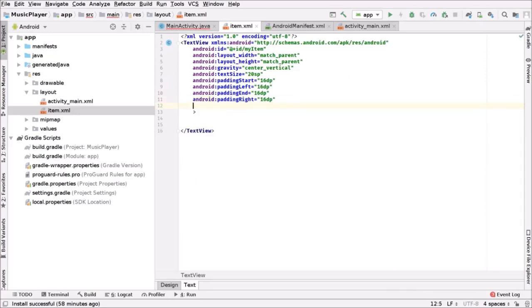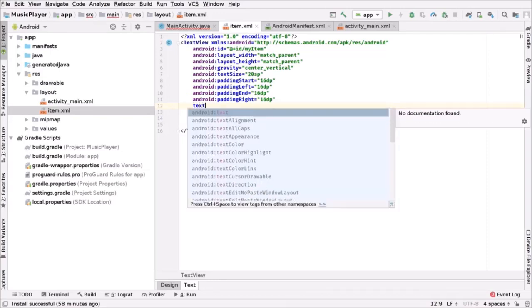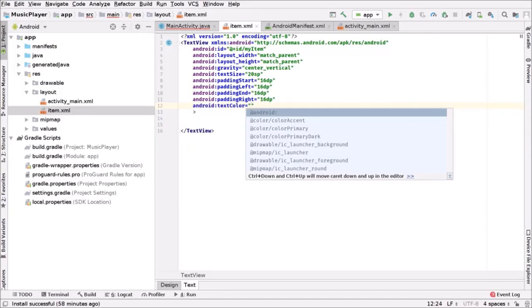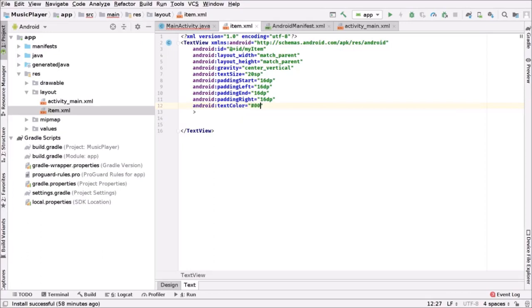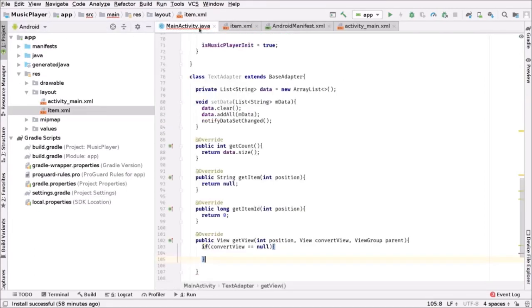As you can see, the warnings are now gone. Great. And now we will set the text color to black. So we're gonna say text color, and to set it to black we're gonna write the dollar sign followed by 6 zeros. Make sure there are 6 zeros, and I think we're ready to go now. Awesome. We will go back to our MainActivity.java file,